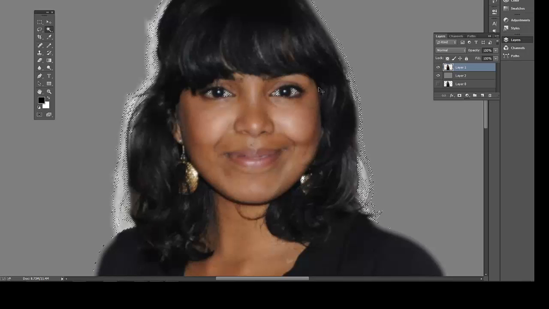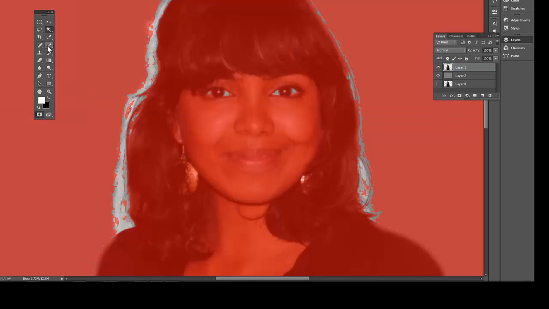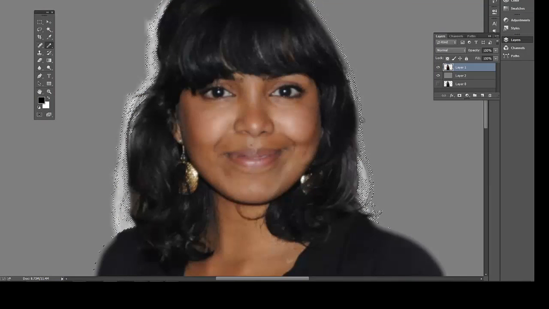And then now, in this case, it's good and bad because it's selecting the eyes. So if I want to unselect the eyes, I can just go to Quick Mask, go to my pencil tool, and since white is remove, I will switch to black. And I would just re-add that area so that I don't cut the eyes out, right? And I don't want to cut the earring out, but I want to cut all the hair out. So now if I go back to the normal mode, not the quick mask, and go Control X,